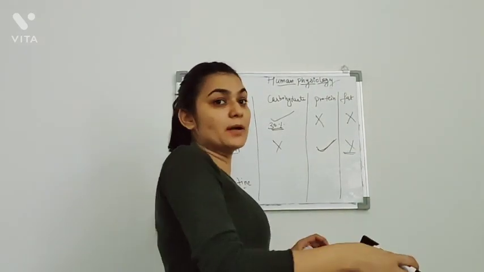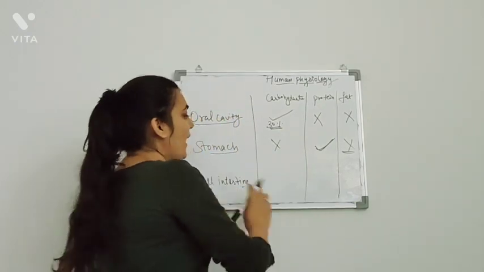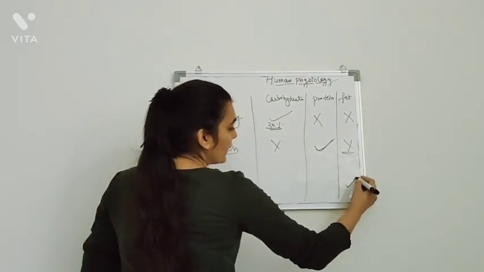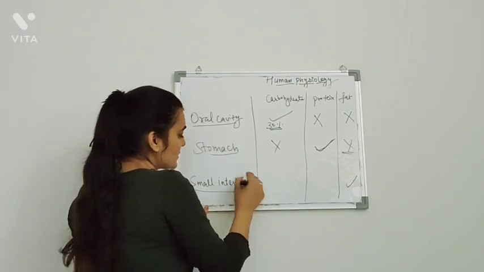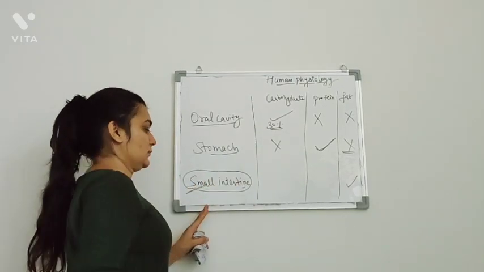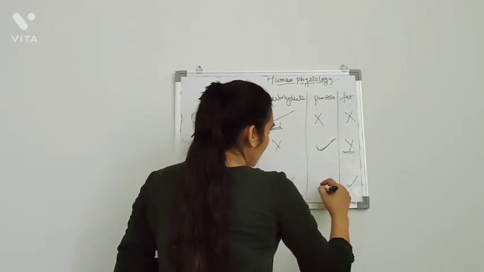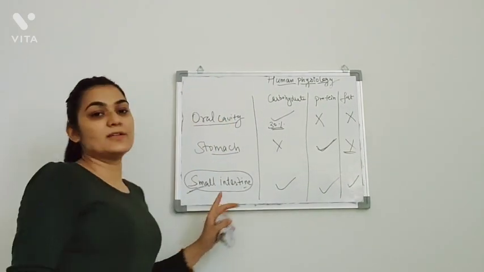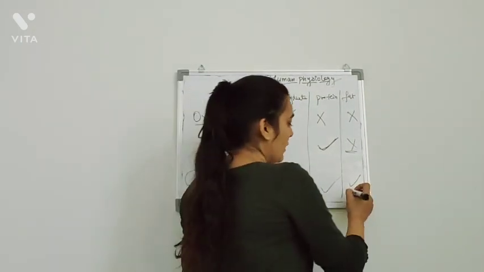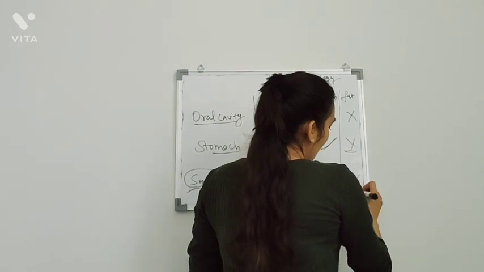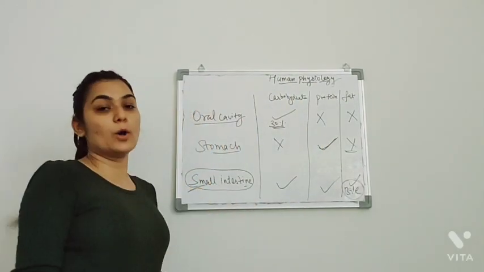Some lipases are present, so a small amount of fat digestion may occur, but the main fat digestion occurs in the small intestine. The small intestine is the main site of digestion, where fat, carbohydrate and protein are all digested, and fat with the help of